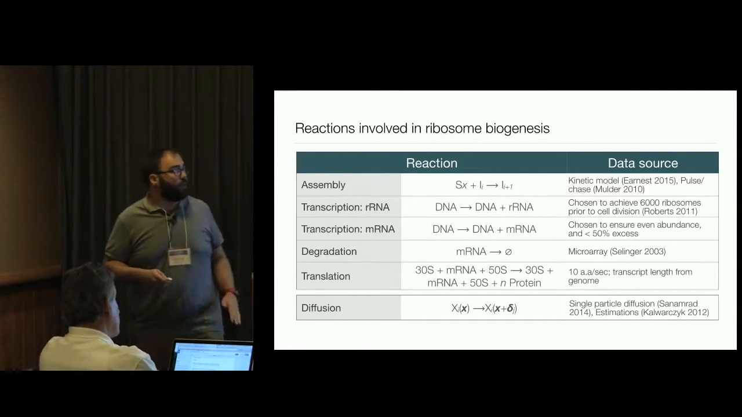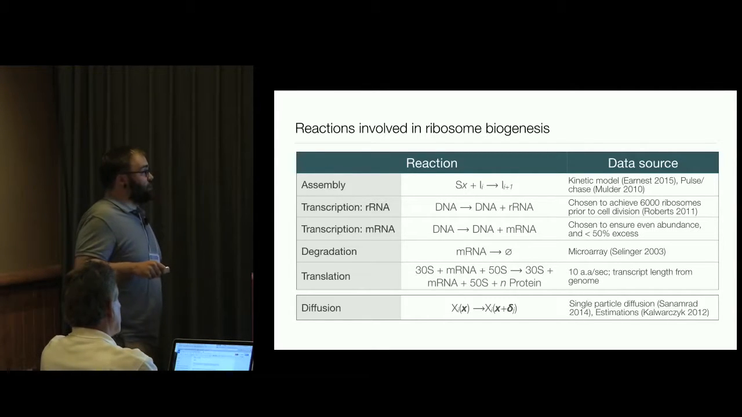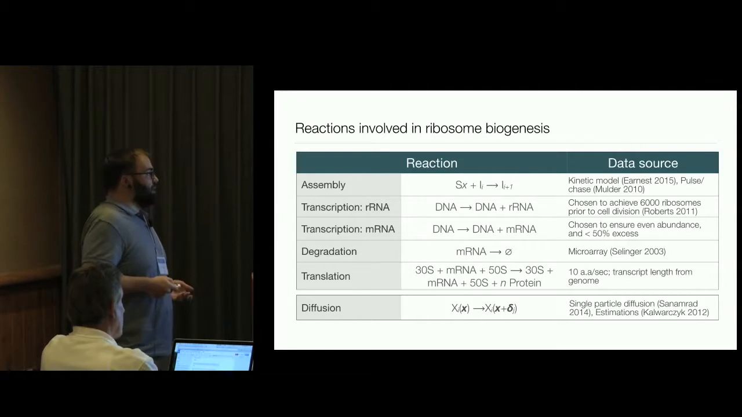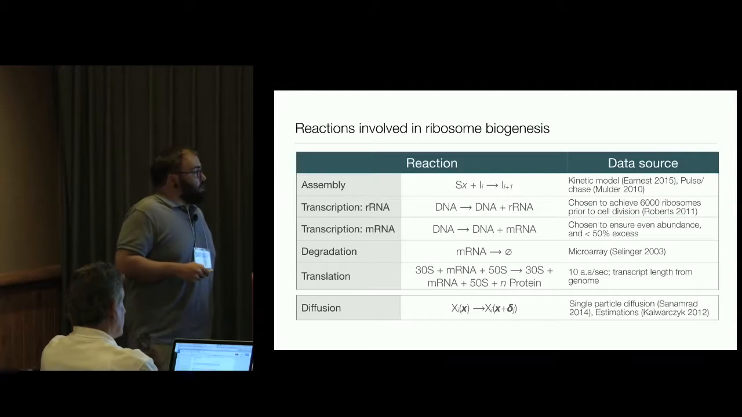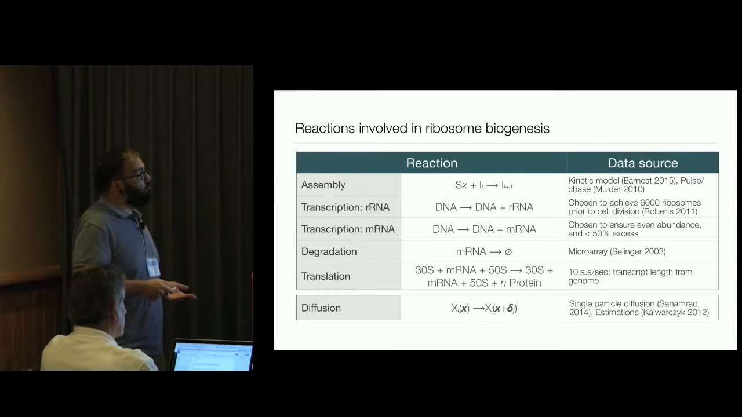It has to take into account the transcription of the ribosomal RNA, the transcription of the messengers for the ribosomal proteins, as well as degradation of the messenger and translation of those proteins. So this data has to come from somewhere. Some of this data we can just assume. We know based on certain